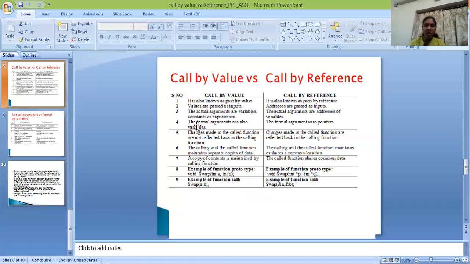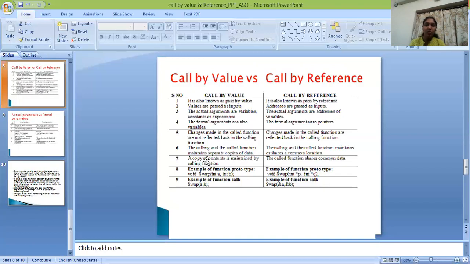The actual arguments are variables, constants or expressions in call by value. The actual arguments are addresses of variables in call by reference. The formal arguments are variables in call by value. The formal arguments are pointers in call by reference.